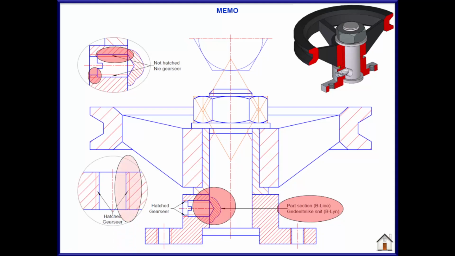You can look for the internal thread as well. Where nothing is threaded, the hatching will go right through the B-type line and it will stop against the darker A-type line. The spokes will not get any hatching because it is sectioned longitudinally, and then for our other parts that is hatched, it's either in a different direction or the spacing of the hatching will be different. And this concludes our explanation for page 6 and 7.